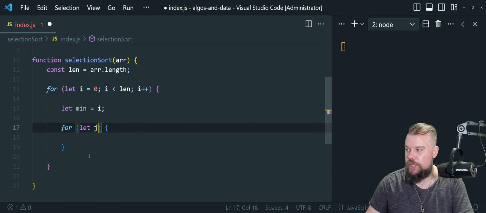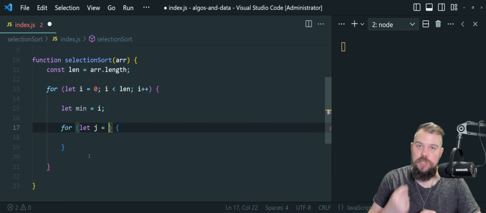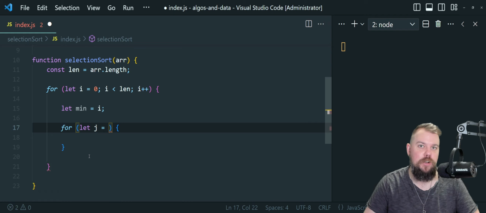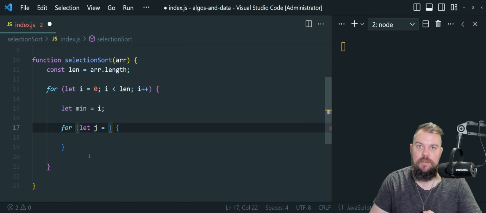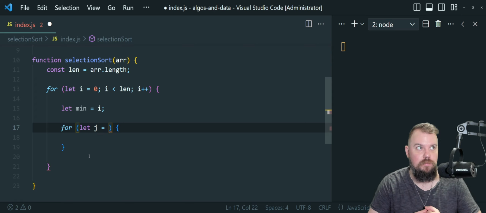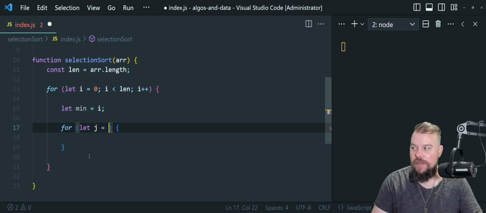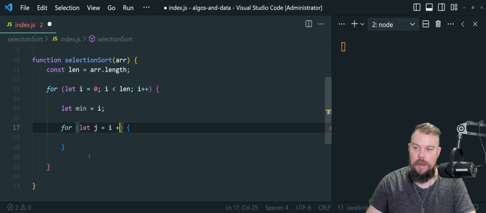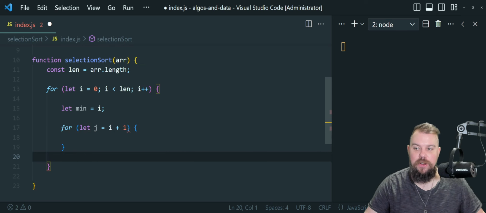So we'll use the iterator j, and j does not need to always start at 0, because once we have our first book placed, we can start at 1 and onwards. And then once we have our second book placed, we can start at 2 and onwards. So rather than having a numbered assignment here, we're going to simply say be one higher than whatever i currently is,